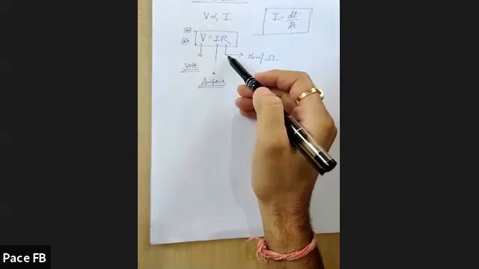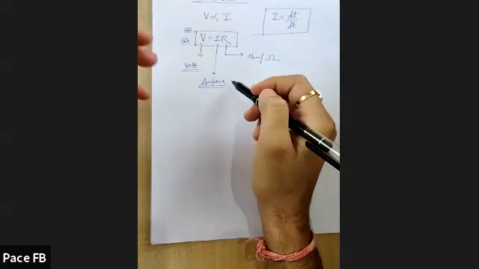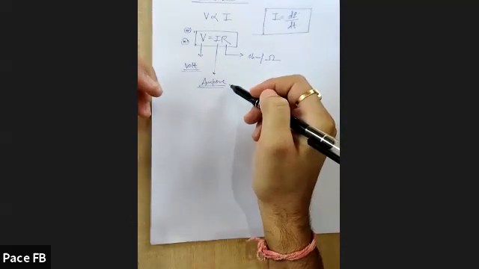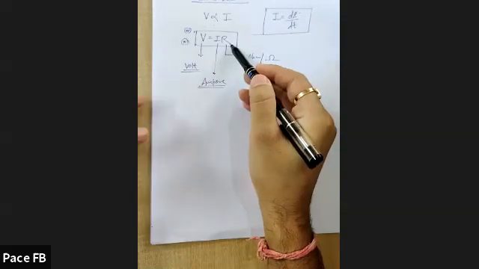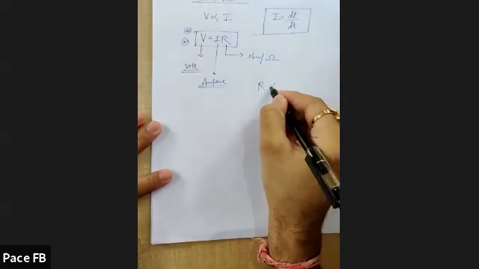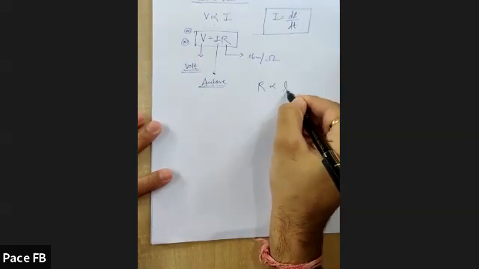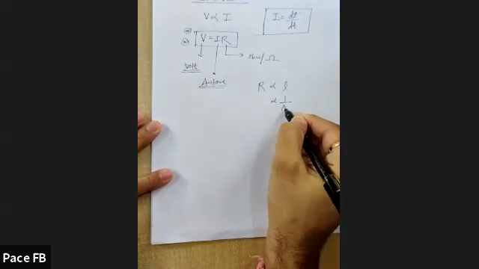In the last class, we discussed this resistance in detail. It is because of the stationary positive ions, because of the collisions taking place between electrons and stationary positive ions. The higher the number of collisions, the higher the resistance. So this resistance depends on what? It is directly proportional to the length of a conducting wire. It is inversely proportional to the area of cross section of the wire.